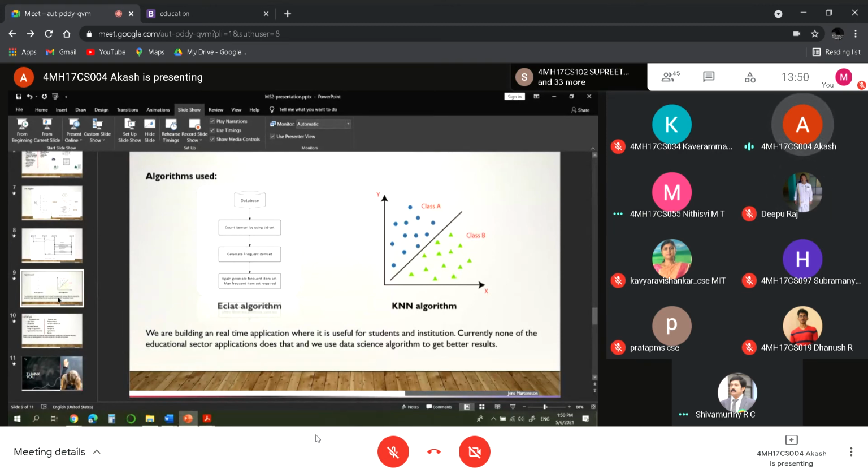There are alternatives for the ECLAT algorithm, but we find this is the best because it is used in e-commerce applications, and also in all educational database projects, and therefore we chose the ECLAT algorithm, as we are using many more parameters. And instead of KNN we can use many other algorithms, but the KNN algorithm is much faster when numerical data sets are provided, and it can also classify into n number of sets, which will be specified by the programmer.